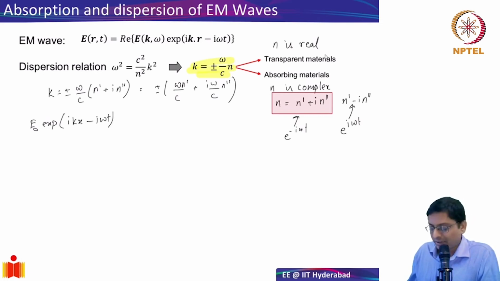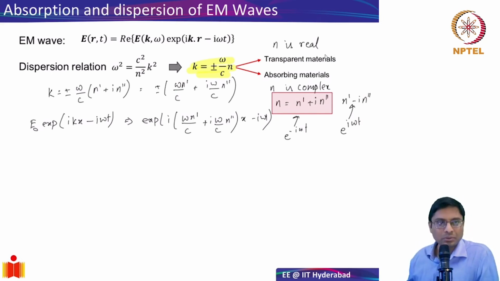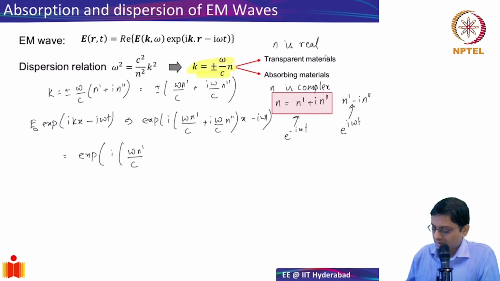Now let me put in the k from the previous slide. This becomes exponential i, now my k is a complex quantity, omega n prime by c plus i omega n double prime by c, times x, minus i omega t. If you club the terms containing the imaginary part and the real part, you will see that I can write this as exponential i omega n prime by c